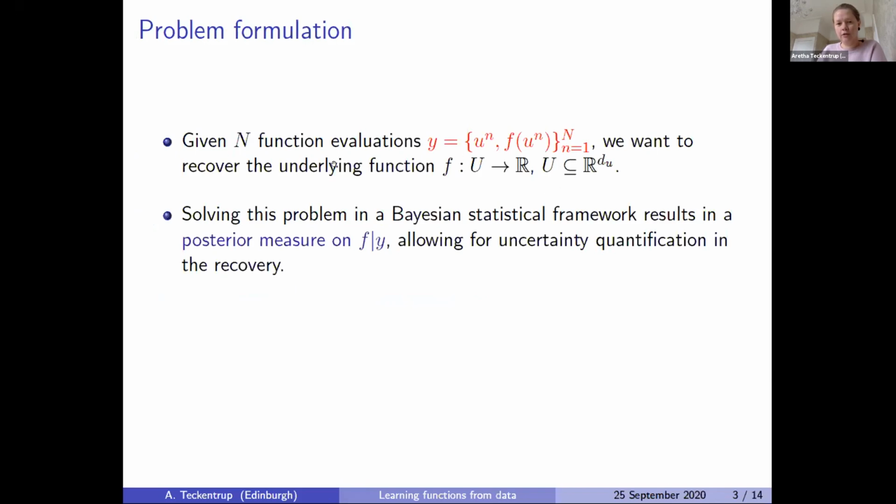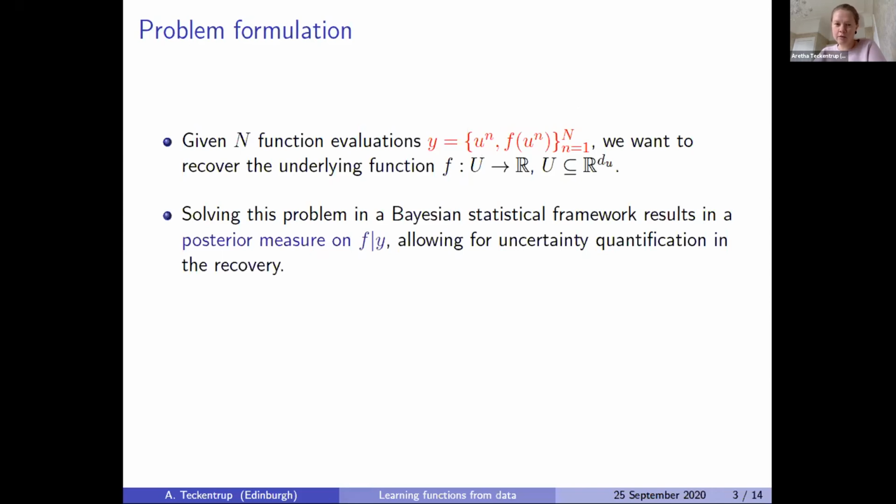So I have an unknown function f, which is just mapping from some domain U into the reals. This is an unknown function. I don't know what f is. The only information that I have about f are these function values. So I have my function values y, which consist of design points u_n, which are just points in the domain of f, and then the corresponding function values. And I have a finite number of them. So I have capital N of these function values, and I want to recover my function f from those function